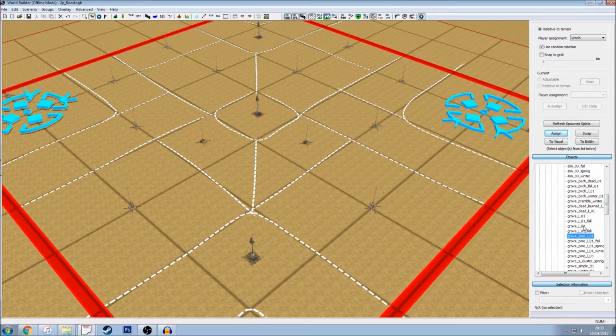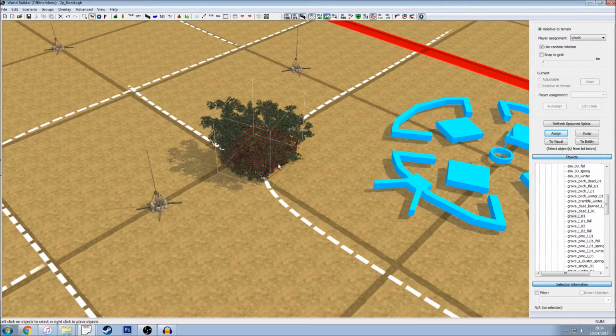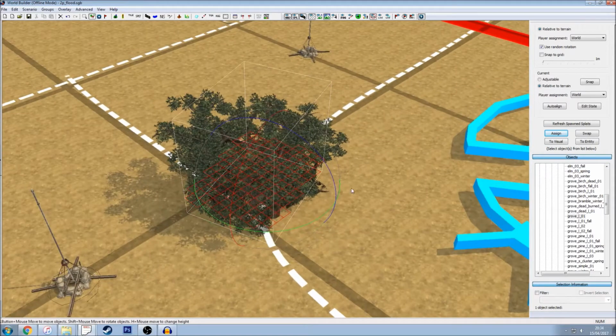But the idea is that these groves will not only block movement, they will block shots or sight. If I get Grove 1, which is probably my favourite, as well as Grove 2, or at least the most popular, I can left click them and then right click on the map somewhere to place them. Now, the idea is this selection of red squares shows me the imprint or the footprint of this actual object,